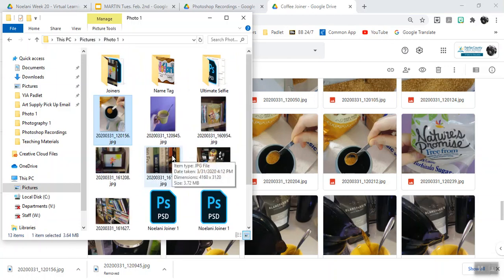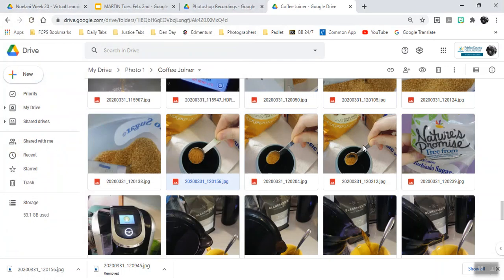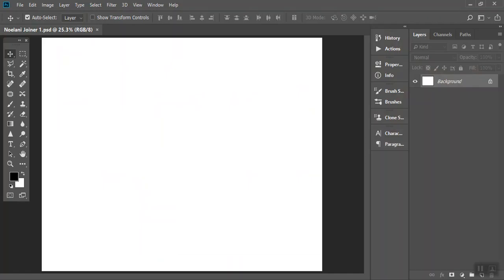Okay, so there's 2 ways to get your photo file from the downloads folder into your photo 1 folder. You can either click and drag, which is the first method that we saw, or you can copy and paste. Either way is fine. It's whatever your folders look like over here and what you're more comfortable with. But that is how we download our images so they're in our photo 1 folder. And now what we are able to do is open up Photoshop,